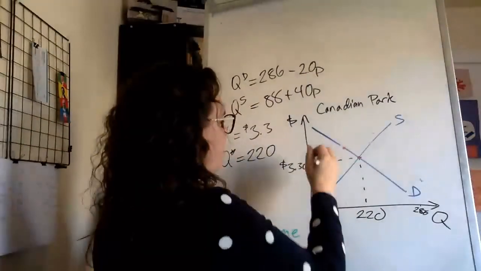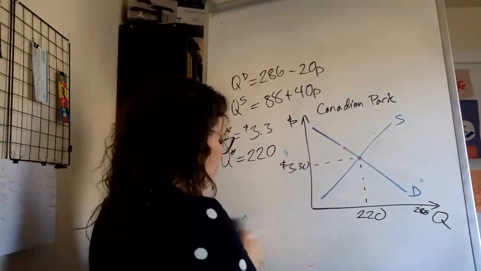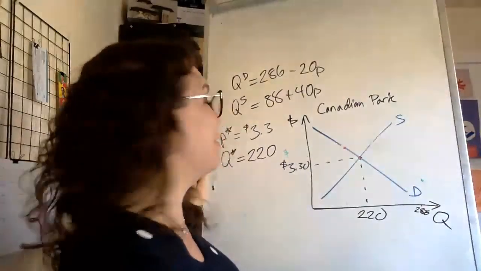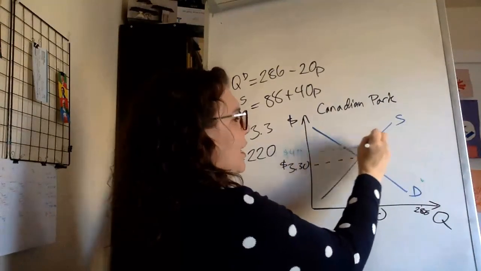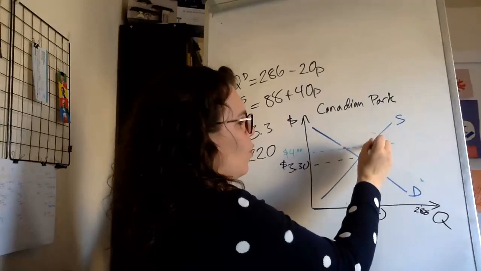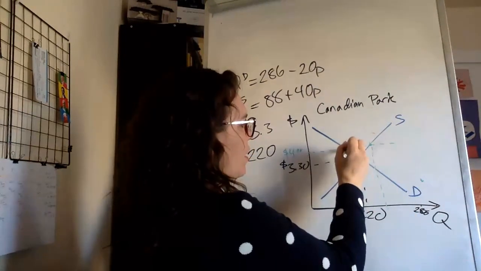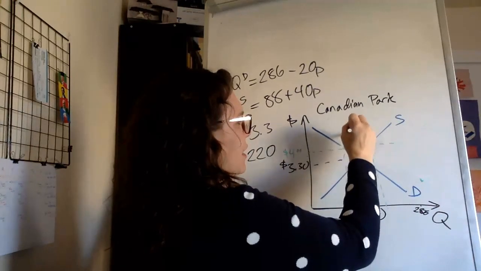So if, say, there was some government rule that put a minimum price of pork at $4, that's going to create a disequilibrium, right? We're going to see that quantity supplied is greater than quantity demanded, and that's going to be excess supply